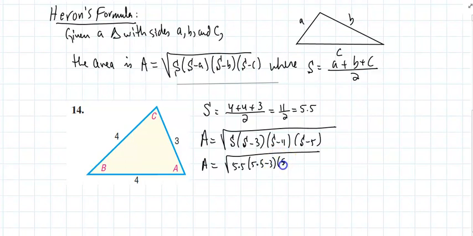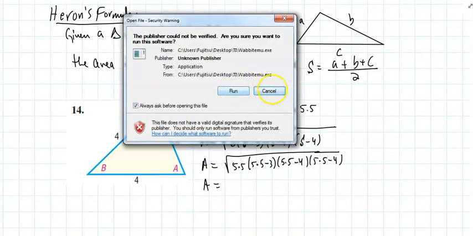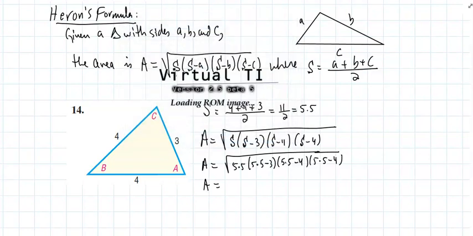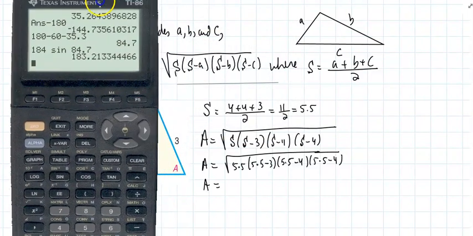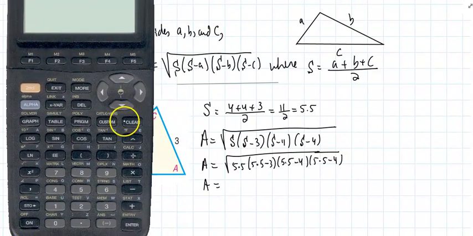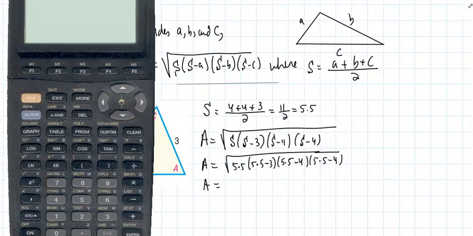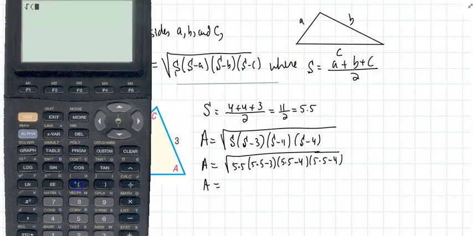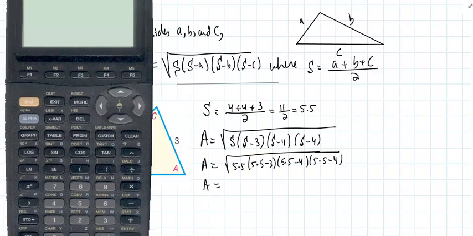minus 3 into 5.5 minus 4 into 5.5 minus, oh, that should be a 4, I'm sorry. I got carried away. And area will equal, now your scientific calculator should look more like this. So you should be able to view it, and you could throw that in one shot. You make sure that you know how to use your calculator. If I take this, and if I take 5.5